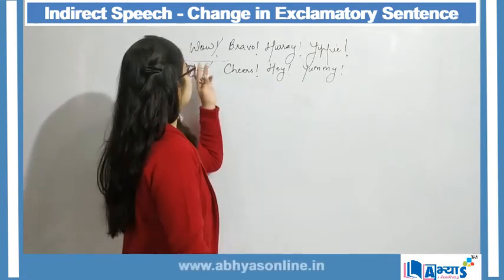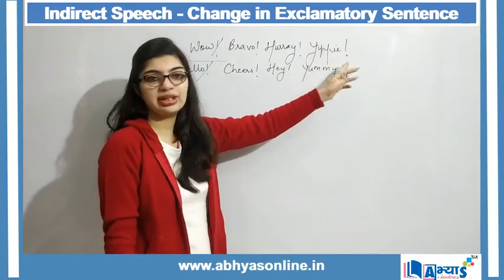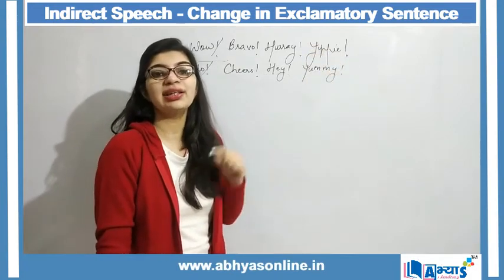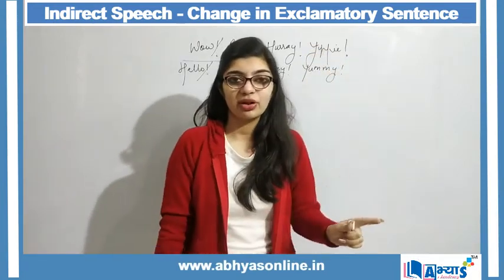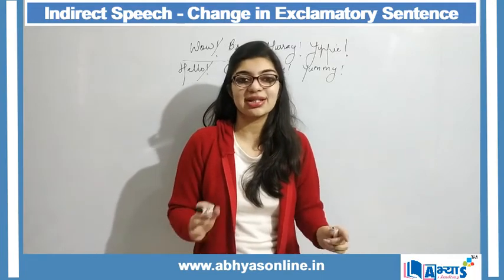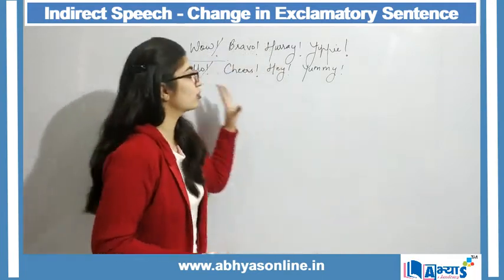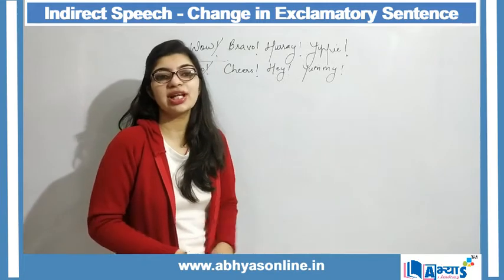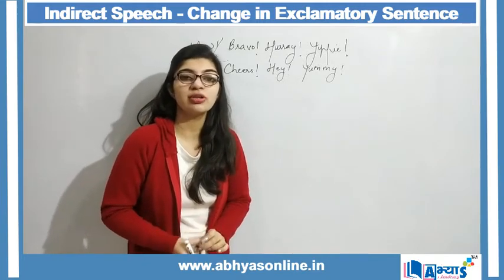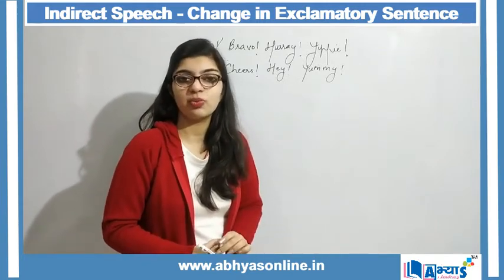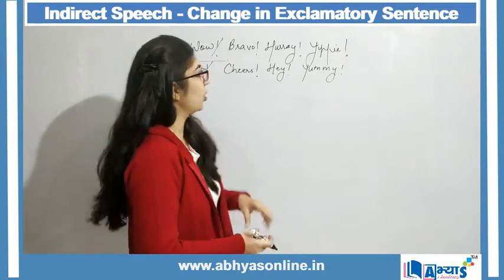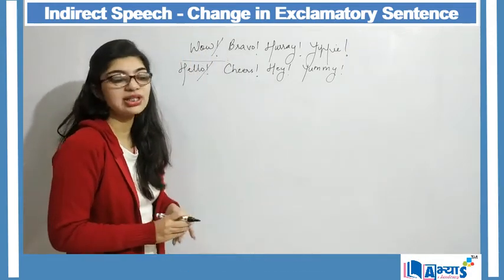And this wow, bravo, hooray, yippee, all these are used in direct sentences. But when we are converting these sentences into indirect form, we do not make use of such exclamatory words. Instead, all these are replaced with words like